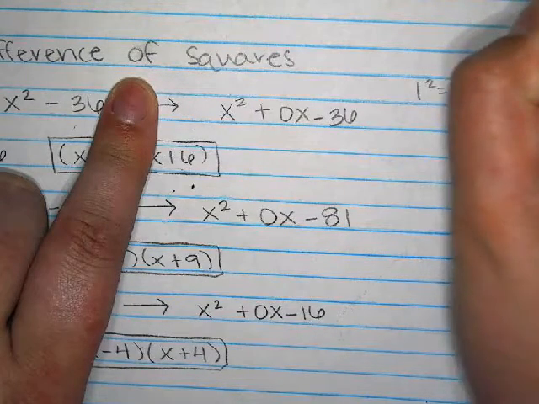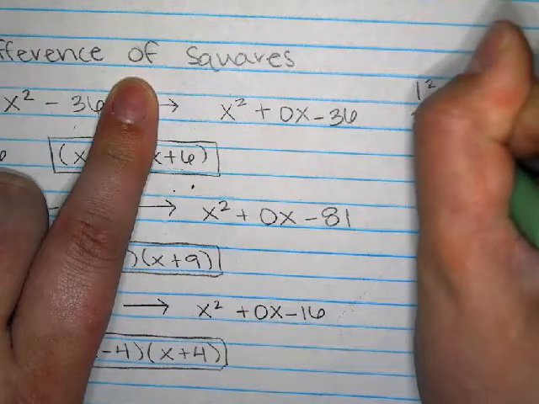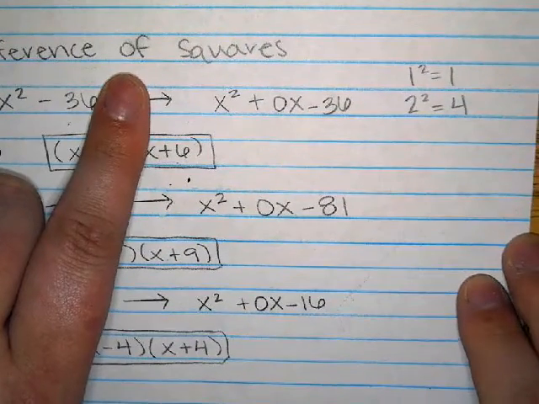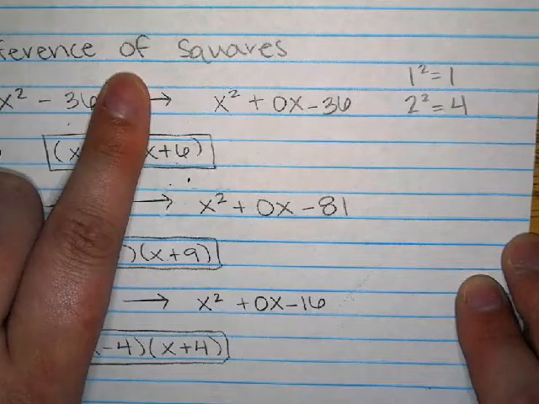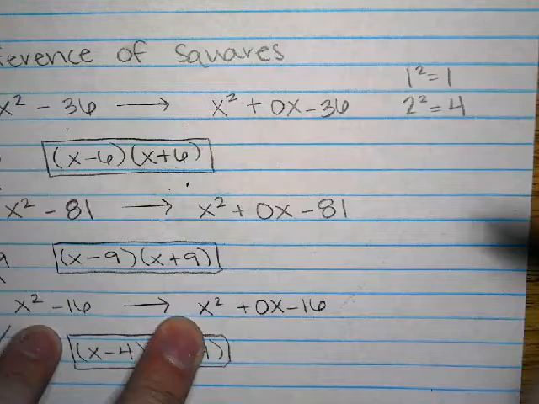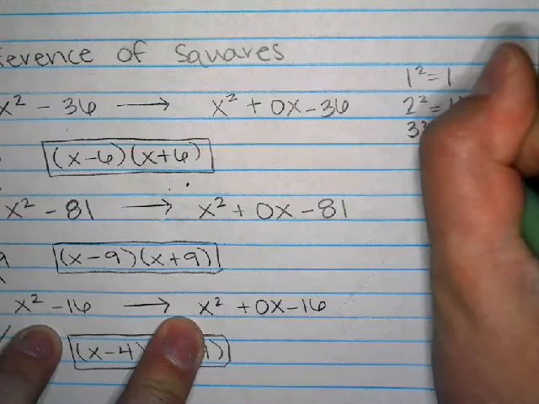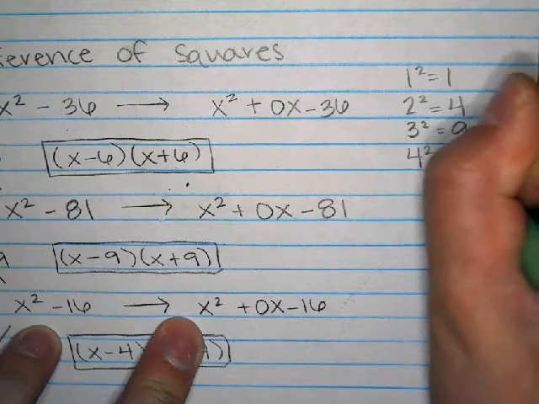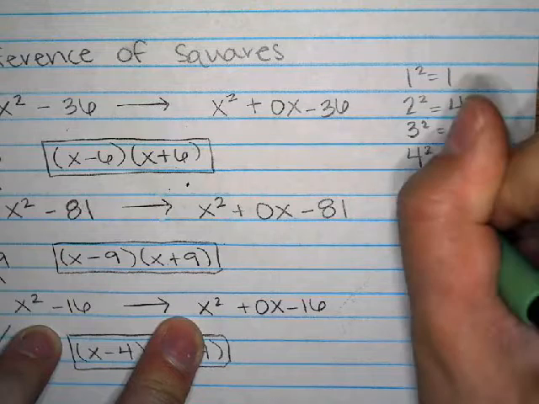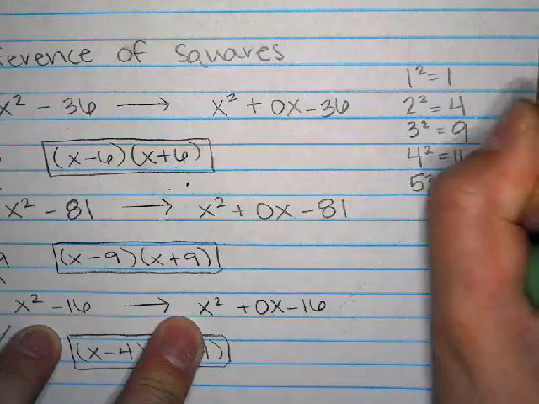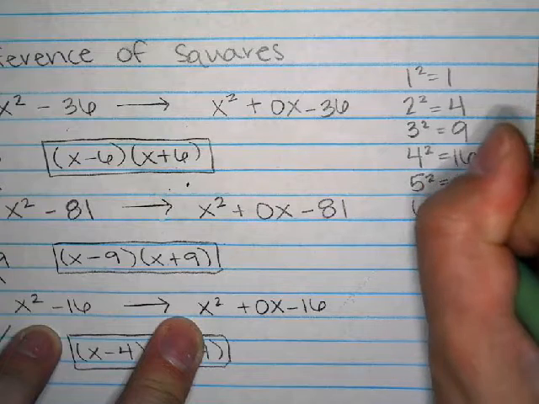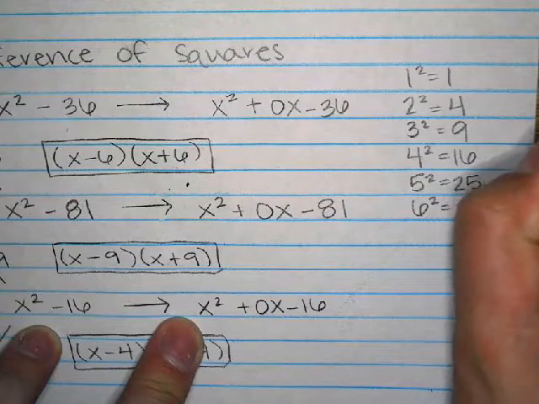I want these perfect squares in my notes so that when I see them, I recognize them. 3 squared is 9, 4 squared is 16, 5 squared is 25, 6 squared is 36, 7 squared is 49,